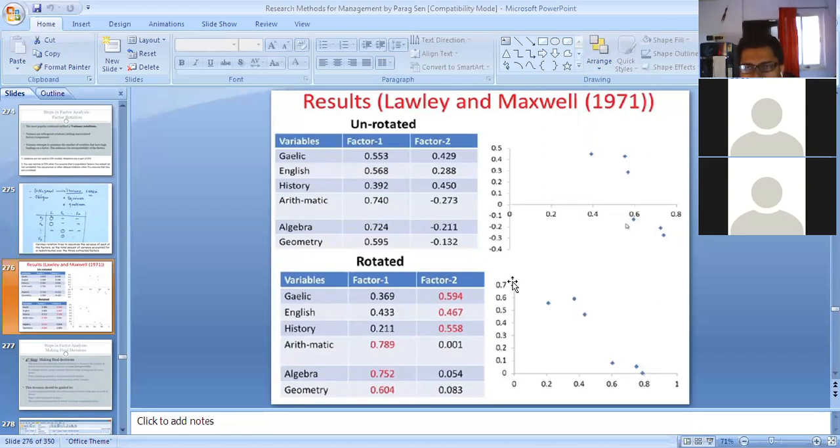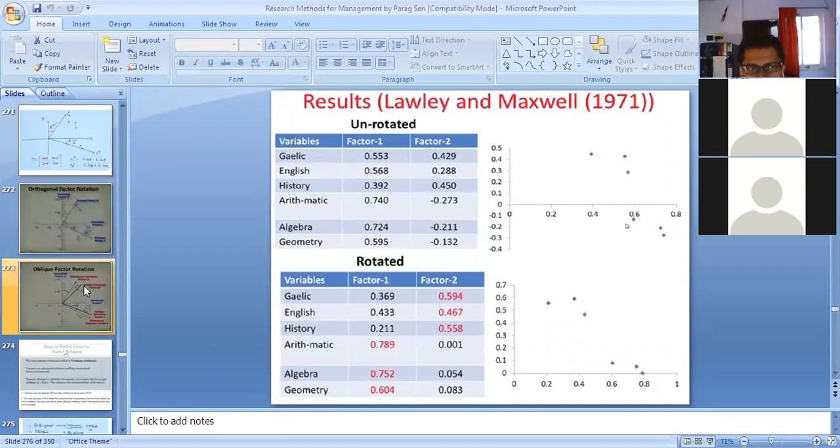Maybe in some cases you will find very little difference, but in most of the cases the difference will be very prominent. So that's why factor rotation is done.